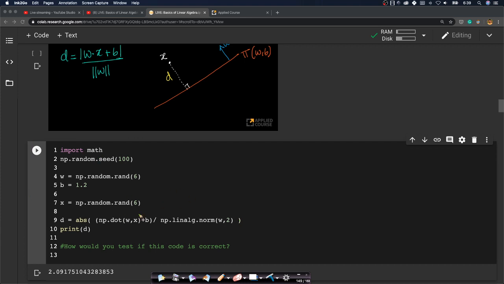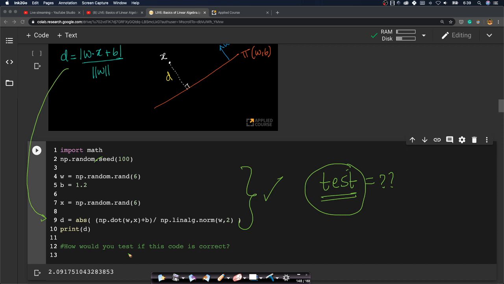Or maybe you've made a small mistake. Instead of plus, you wrote minus and everything goes for a toss. Instead of norm 2, you did norm 1 and everything goes for a toss. How do you test this code? Again, for most of this functionality, you can just,